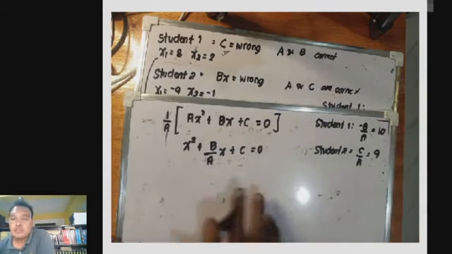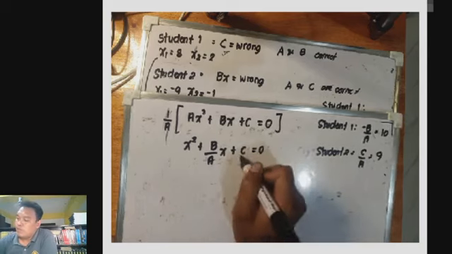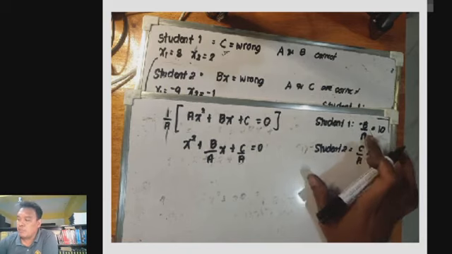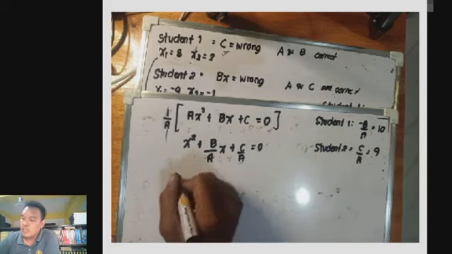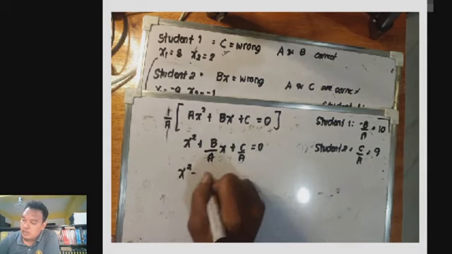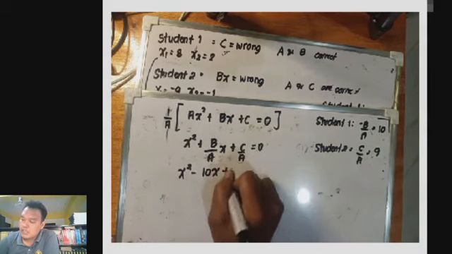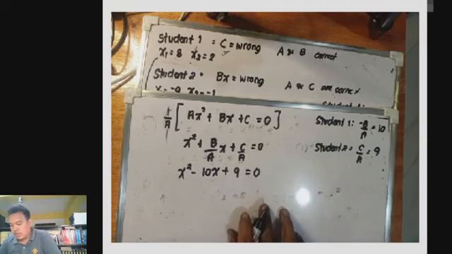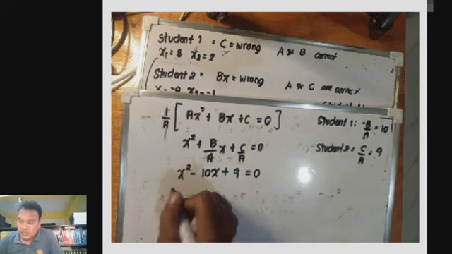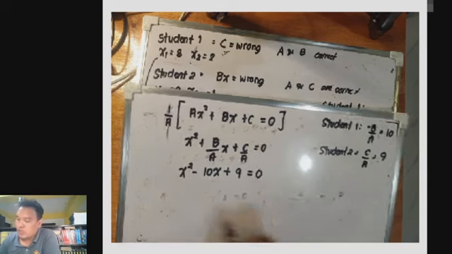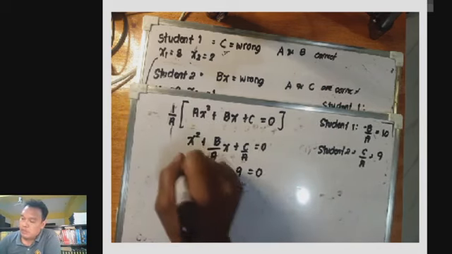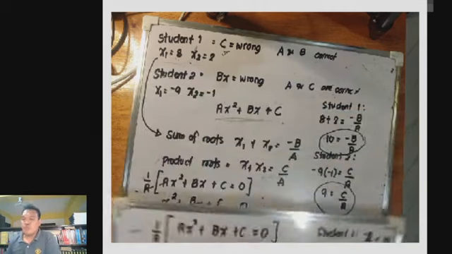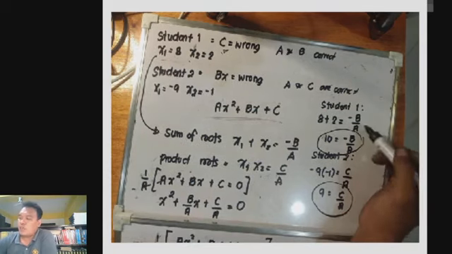Ito. So, lalabas c over a ito. So, we have the value of negative b over a. So, pag sinabing b over a, lalabas negative 10 lang yan. So, we have x squared minus 10x plus c over a, which is equivalent kay 9, is equal to 0. Therefore, this will be the correct quadratic equation of the problems from the two engineering students. Okay? So, kaya po nangyari to kasi nga,